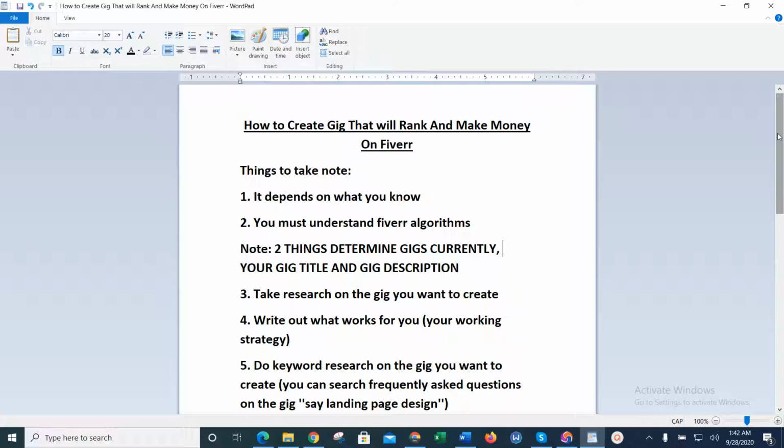Note, two things determine whether your gigs will sell or not. Number one is your gig title. You should understand how to combine keywords in your gig title. You have to combine at least 3 to 4 keywords when writing your gig title. For example, now